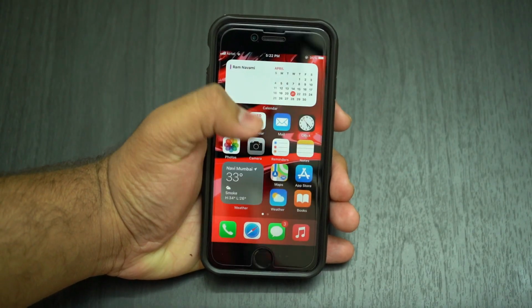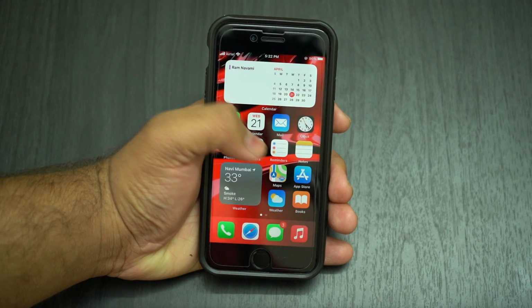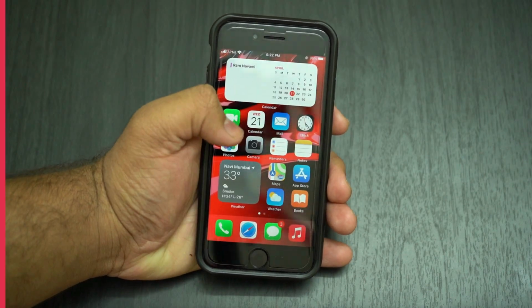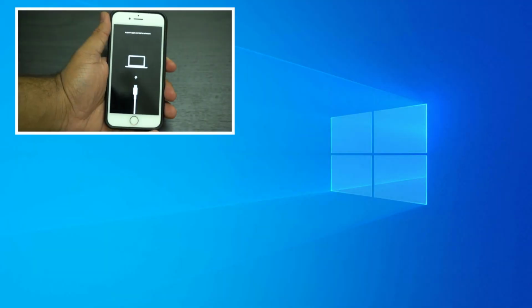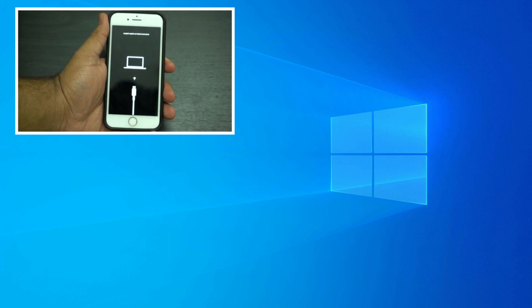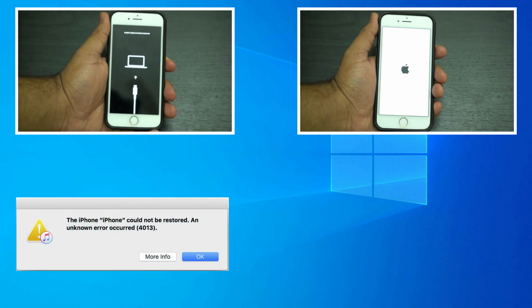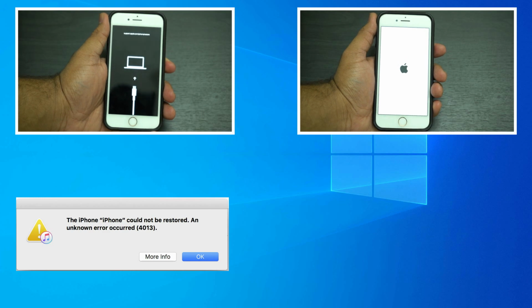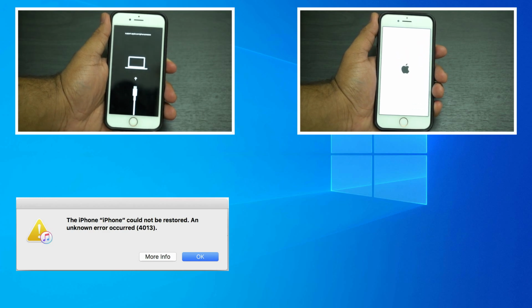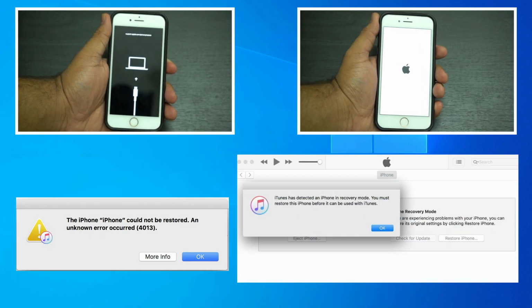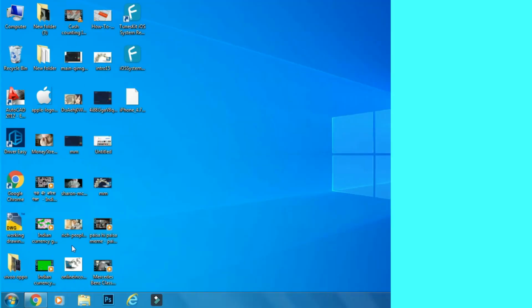So I'm back with another tutorial video for iPhone. If you are an iPhone user, there may be times when you have faced some software related issues, like the phone stuck in recovery mode with Connect to PC logo, or the phone stuck on Apple logo after update or boot loop, resulting in phone not able to boot up. And when you connect your phone to PC, iTunes shows error 4013 or a similar kind of error, and the only solution to boot up your iPhone is to restore your phone, which results in loss of data.